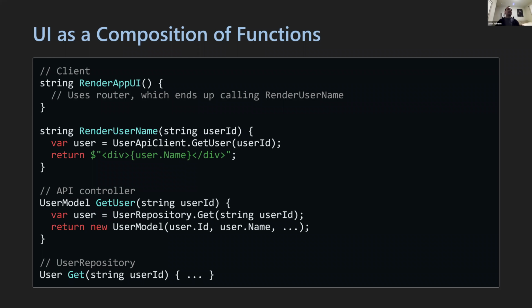So like in this example, let's say we could have a function that renders the whole UI. It returns a string. It's an HTML of the page. And this function, for example, may call render user name, right, which also returns a string, but hits the endpoint to get the data, right? Then this endpoint that we hit, get user, it basically may,